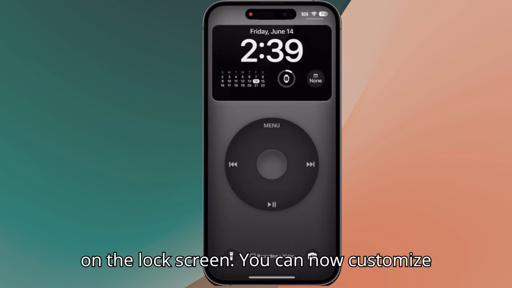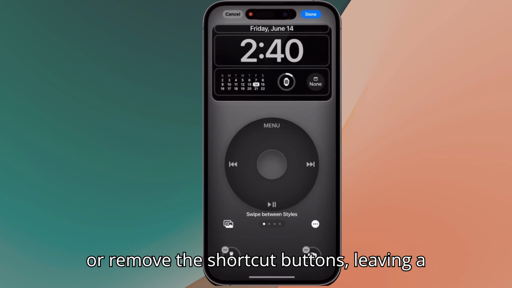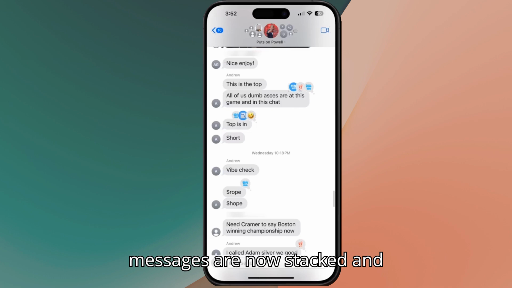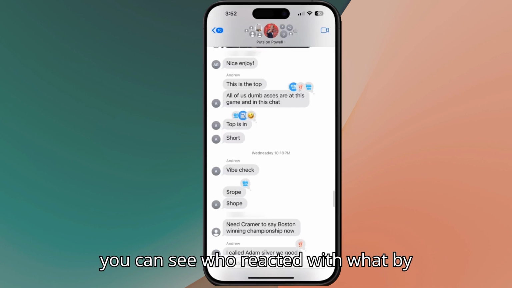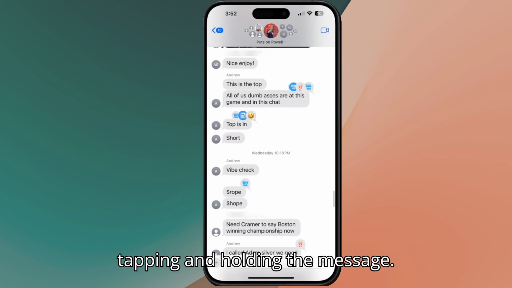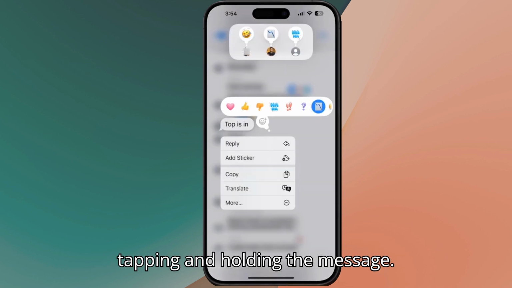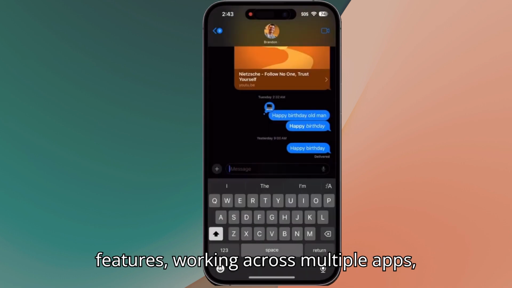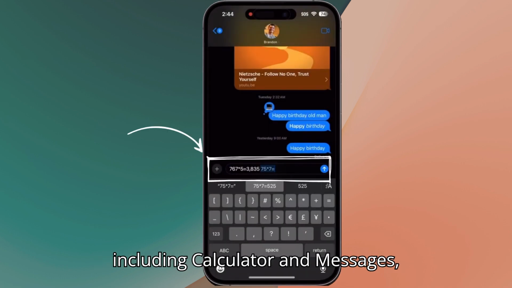On the lock screen, you can now customize or remove the shortcut buttons, leaving a cleaner look. Group chat reactions in Messages are now stacked, and you can see who reacted with what by tapping and holding the message. Math Notes is one of my favorite new features, working across multiple apps including Calculator and Messages, offering